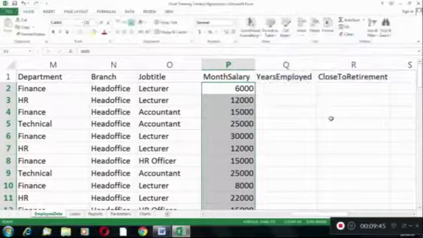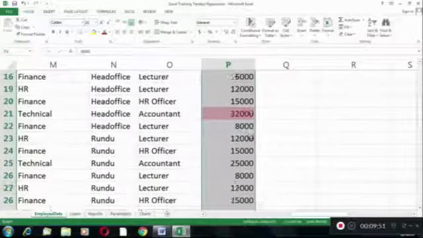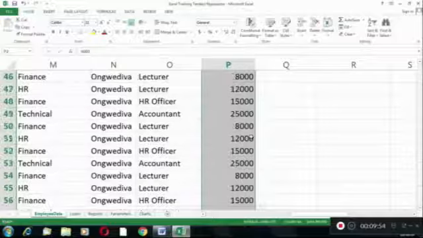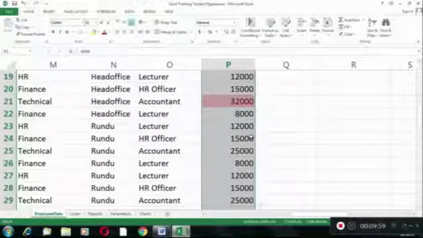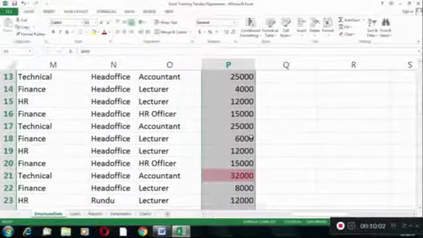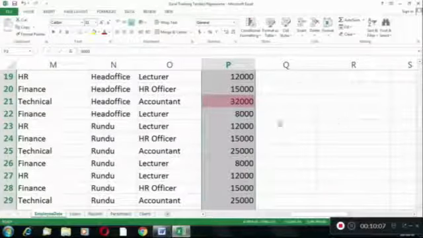So I'm going to click OK, then I'm going to scroll down, so you can see that 32,000 is more than 30, so it is highlighted. So we only have one item that fits that criteria. So you can then put some notes to say everything which is in red is more than 32,000. So you don't have to look at each individual item to know which ones are more than a certain figure. You just look at the color, then you will know this one is more than the particular figure